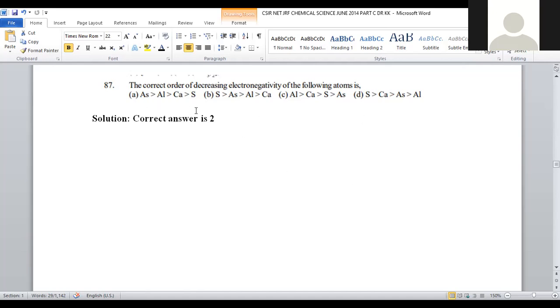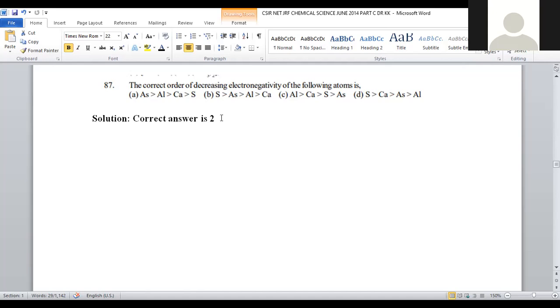And when you observe the given elements like sulfur, arsenic, aluminum, calcium, the greater the metallic nature, the lesser will be the electronegativity. Among all, the most basic one is the alkaline earth metal calcium. So calcium's electronegativity will be the least, and that is available only in option number 2. So it's very clear: by finding only the metallic nature, you can easily identify the electronegativity of the given element, and sulfur, being non-metallic in nature with an S2 8 system, will be associated with higher electronegativity.